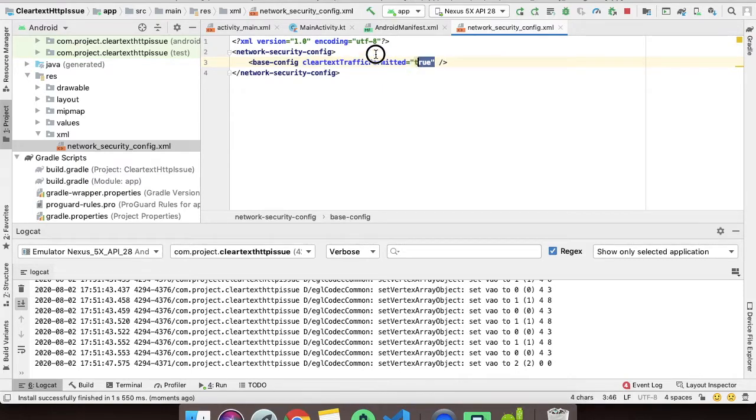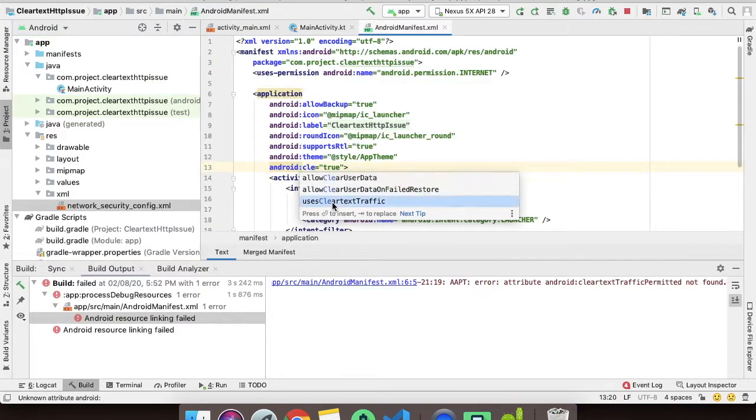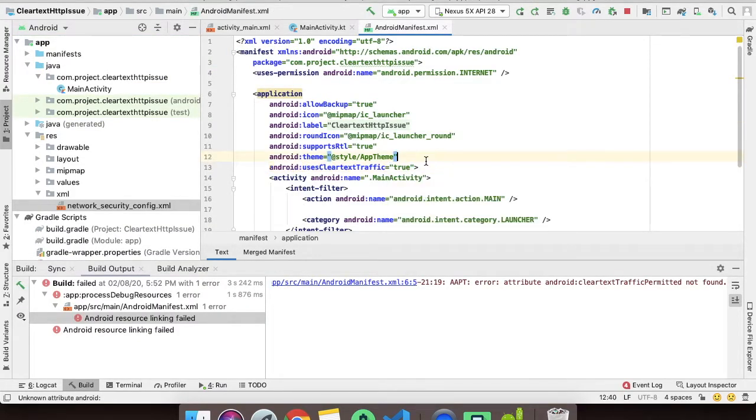And there is the third way you can do, which is use clear text traffic true. Okay, let's run.